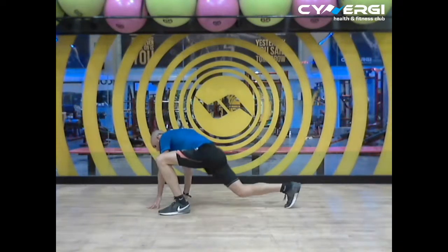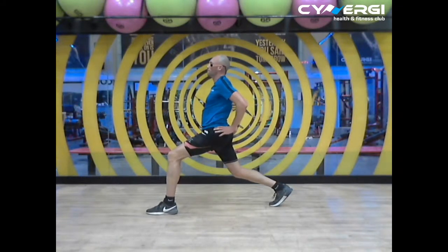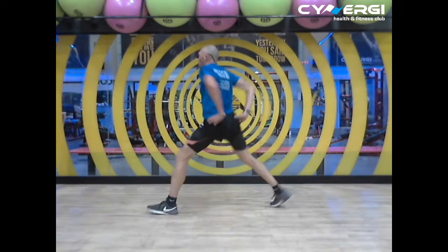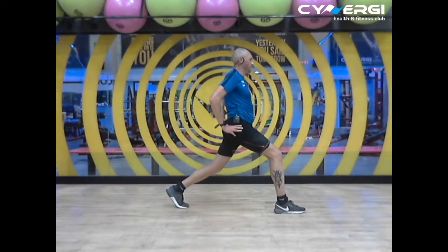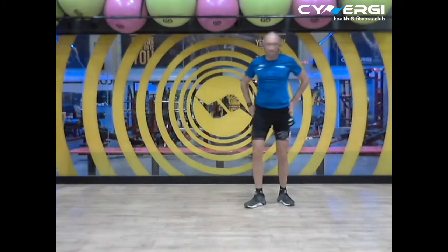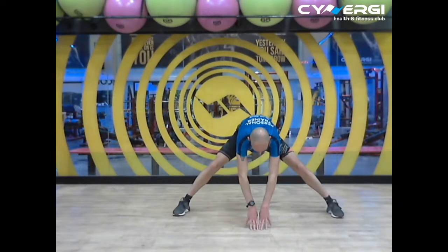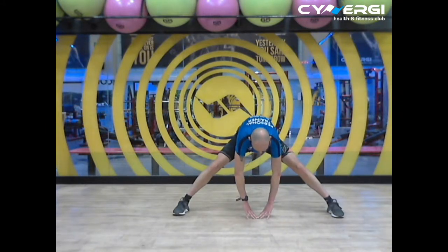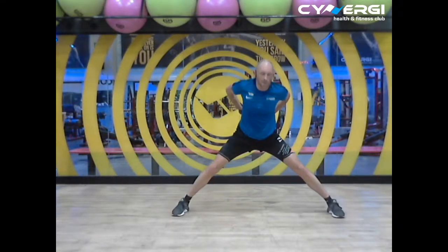So from here, up slowly, one leg behind, one forward, pushing forwards with the hips. Changing sides. Leaning forwards. Hands beneath. And then behind. And again, forwards. Beneath. Behind, up slowly, bring the feet in,